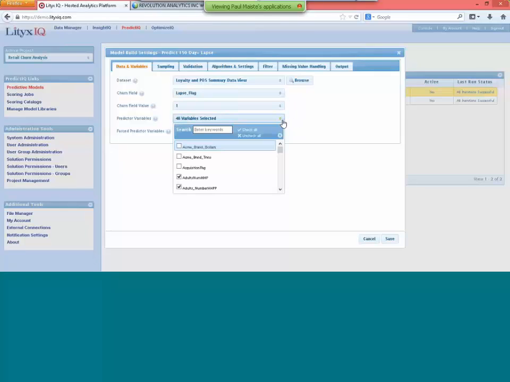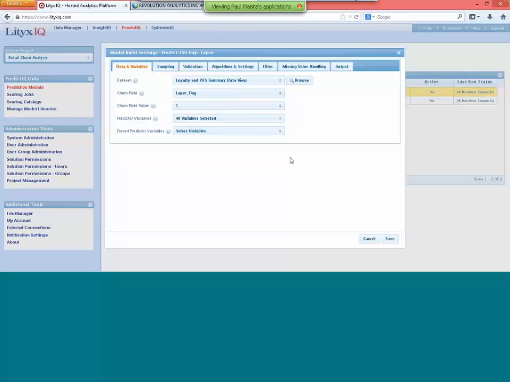And last real thing then is, of all the other variables in my data set, let me select the ones that I want to use as potential predictors in the model. And again, there isn't really a limit here. There's a lot of intelligence behind the scenes. So again, as a marketer, I can say,